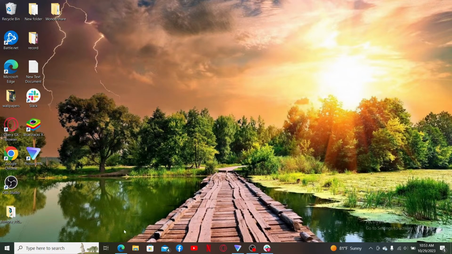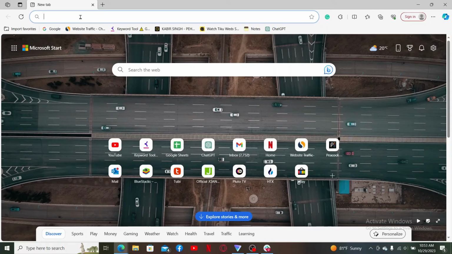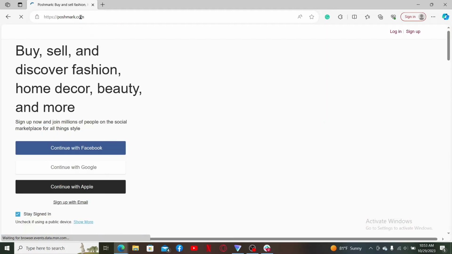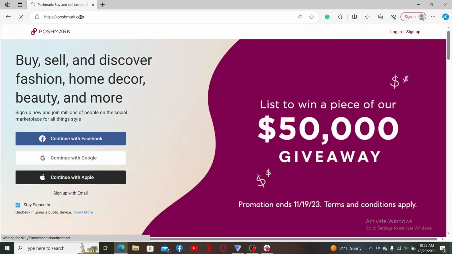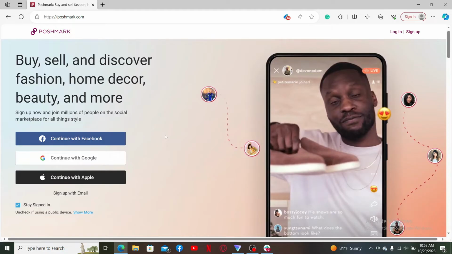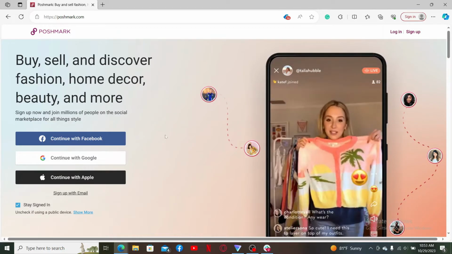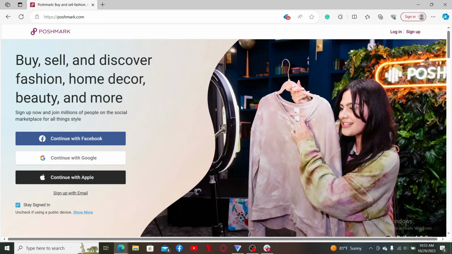Start off by opening up a web browser and go to the URL box and type in poshmark.com and press enter on your keyboard, and you'll end up in the official site for Poshmark. Poshmark is an online marketplace and social platform where users can buy and sell new or used clothing, accessories, and shoes. To sign up and get started with Poshmark, go ahead and click the sign up button at the top